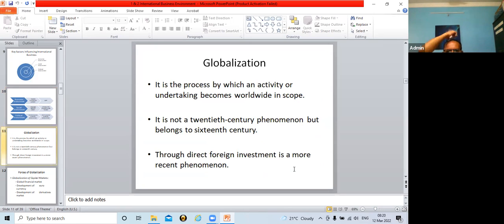Then this is about globalization. Now, globalization, it is not a new thing for all of us. It is one of the oldest things. You may say it is more than 100 years old also. At that time also there was globalization. So it is not a new thing. Only the shape of globalization has changed. Some new things have been added to globalization. But let me tell you, this is not a new story. This is one of the old stories. Even before independence, there was globalization.